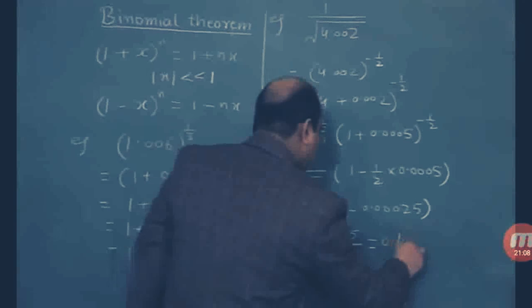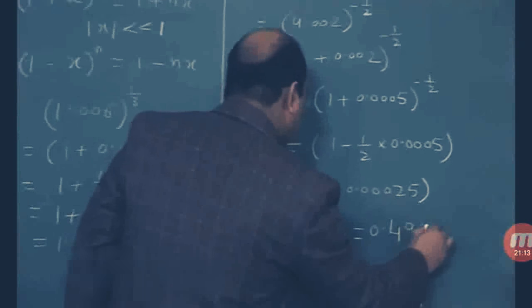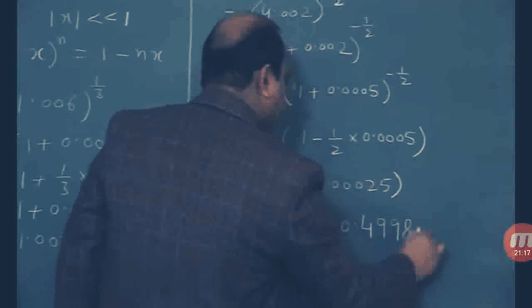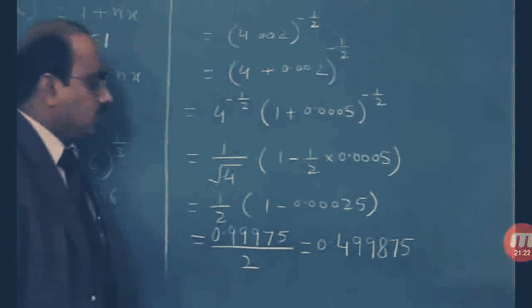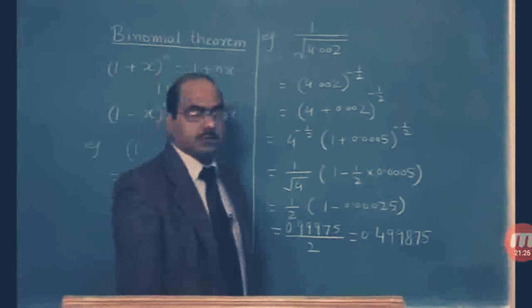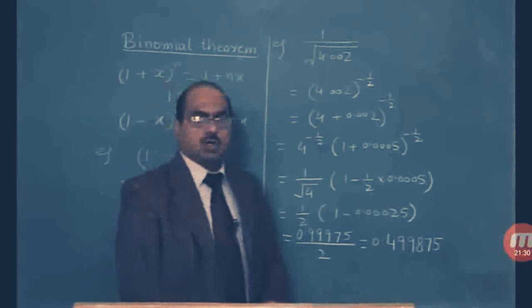It is 4, 9, 9, 9, 8, 7, 5. So this is the approximate value, which is very very close to the actual one of 1 upon root 4.002. So students,